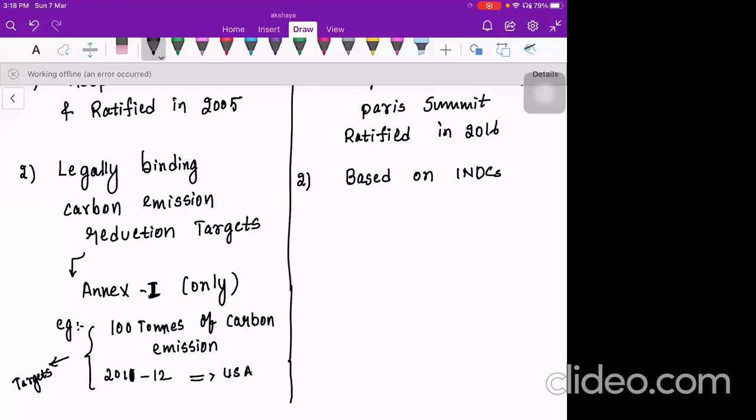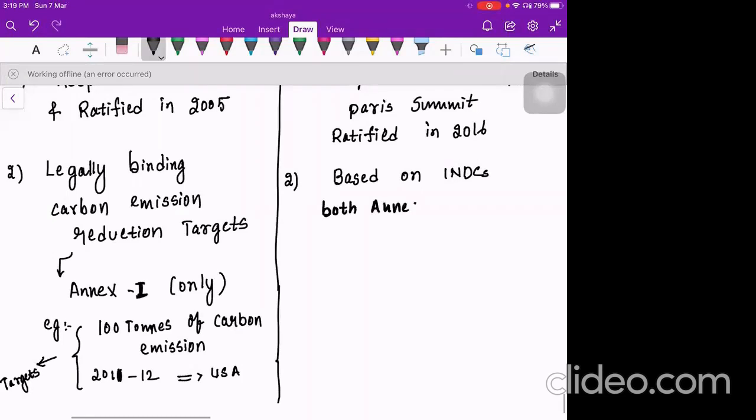So what happened in the Paris Agreement? UNFCCC said, okay, I will leave it to your concern. Now you come out with your own plan for how to fix your targets in your own country. That means now there is no differential responsibility. Everyone is equal and everyone has to contribute to the reduction of carbon emission. So UNFCCC said we will not fix any targets now. You come up with your own plan. That is called the intended nationally determined contribution. What is the contribution from your side for emission or global warming reduction? So based on the INDC,